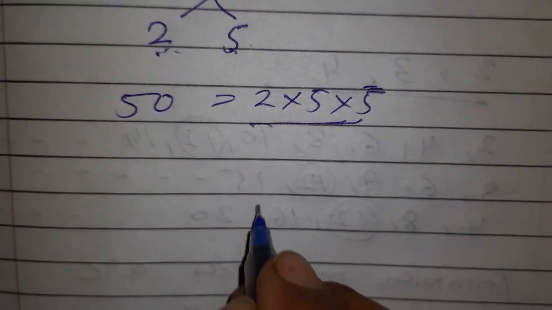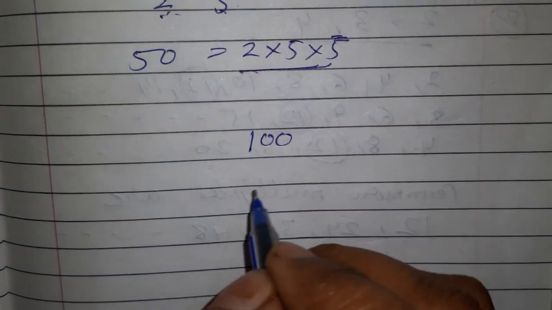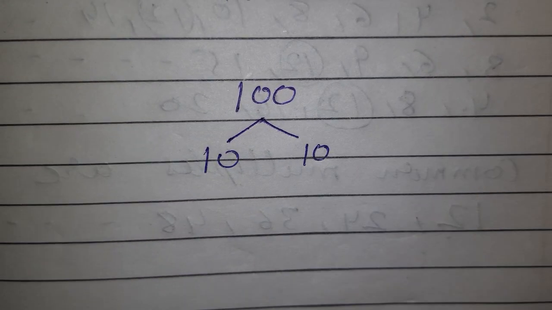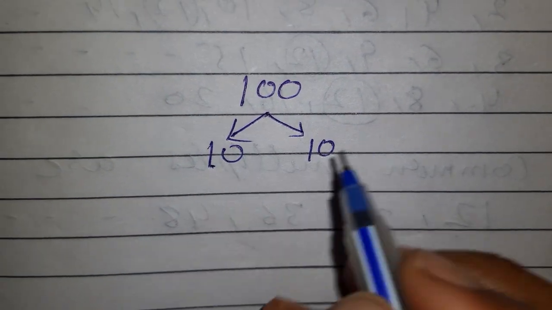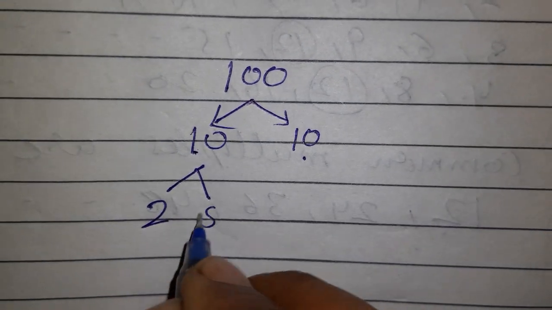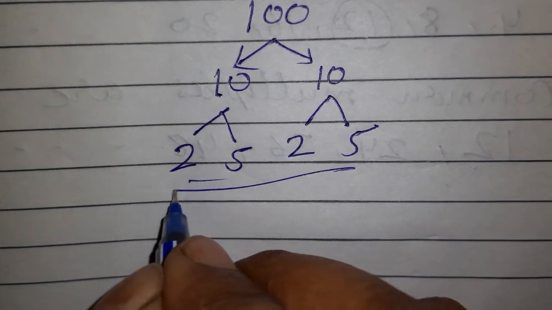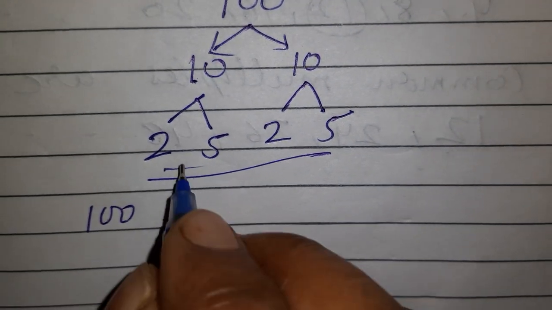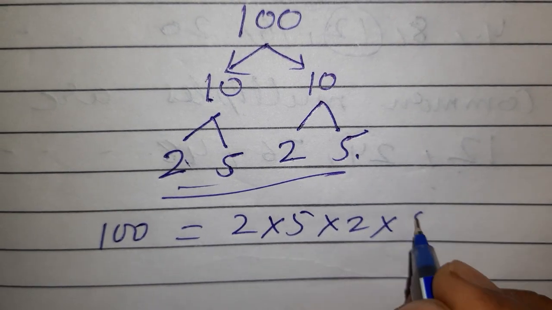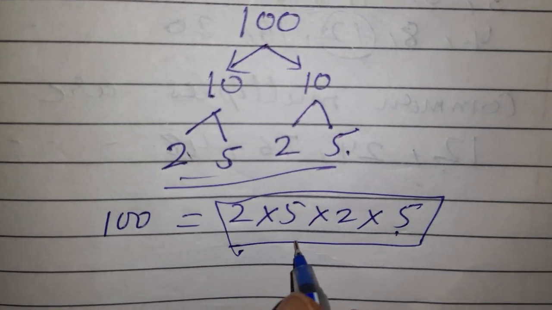One last example, let us take 100. This is also called a factor tree. So 100 divide into two parts. Any way you can divide. Suppose I am dividing 10 multiplied by 10. 10 is a composite number, and this is also a composite number. Then again divide into two parts. 2 5s are 10, and this is also 2 5s are 10. Now all these are the prime factors. So we can write 100 equal to 2 multiplied by 5 multiplied by 2 multiplied by 5. All these are prime numbers, so it is called the prime factorization method.